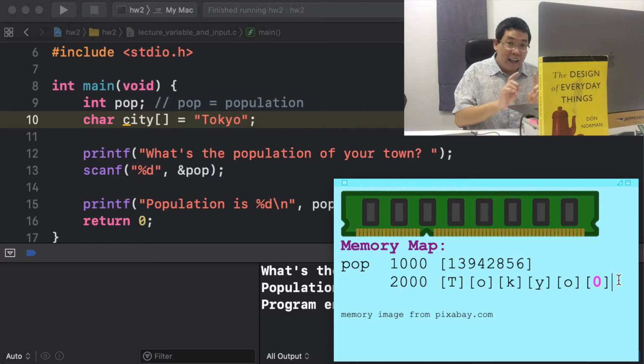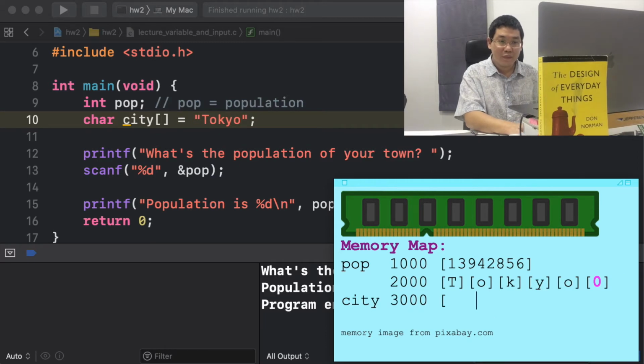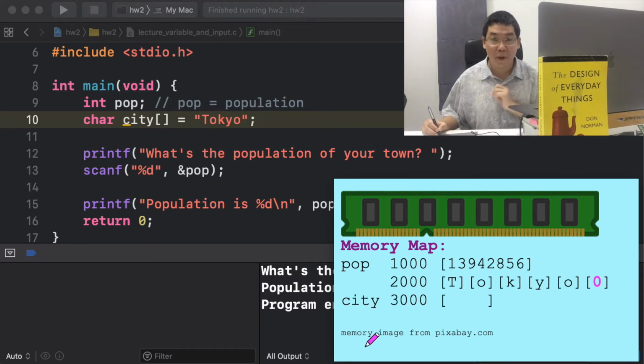Not only that, it will allocate another 4 bytes of memory for the variable called city. Let's say it puts that variable at the location 3000. City is a pointer. It contains a pointer that points to the area that contains the first character T, which is the address 2000.